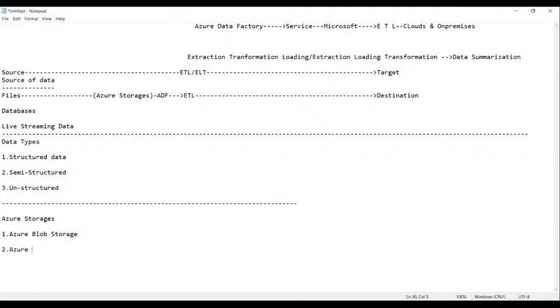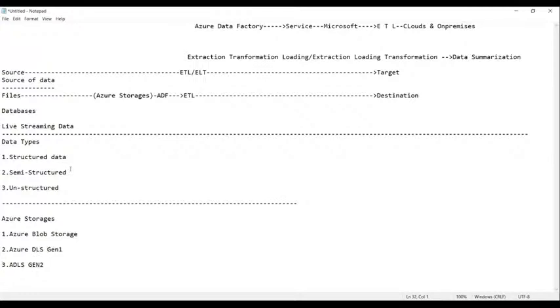Azure Data Lake, Gen 1. Then you have Azure Data Lake Storage Gen 2, ADLS Gen 2, whatever we say here, Gen 1 or Gen 2.